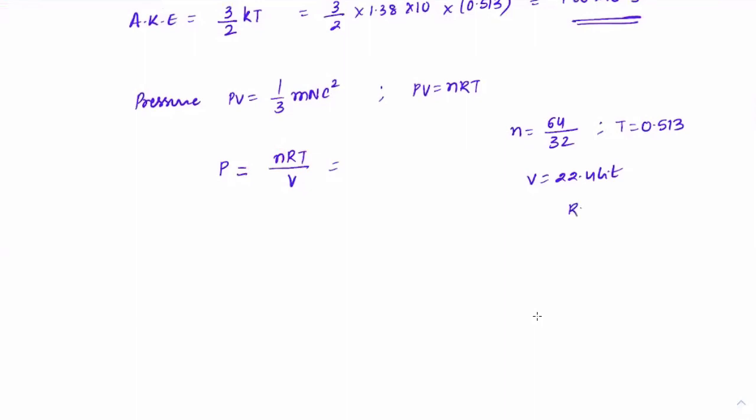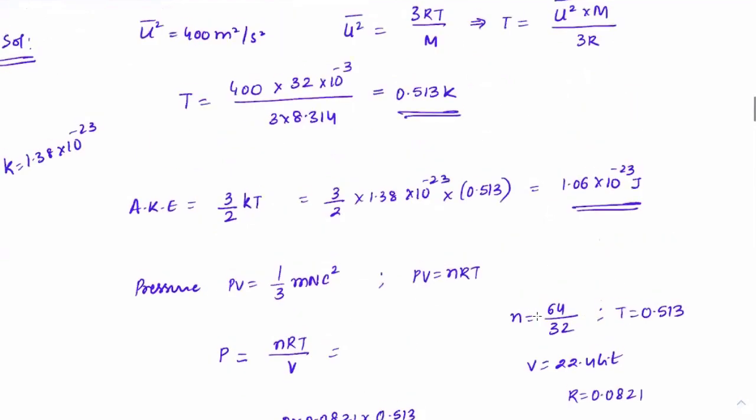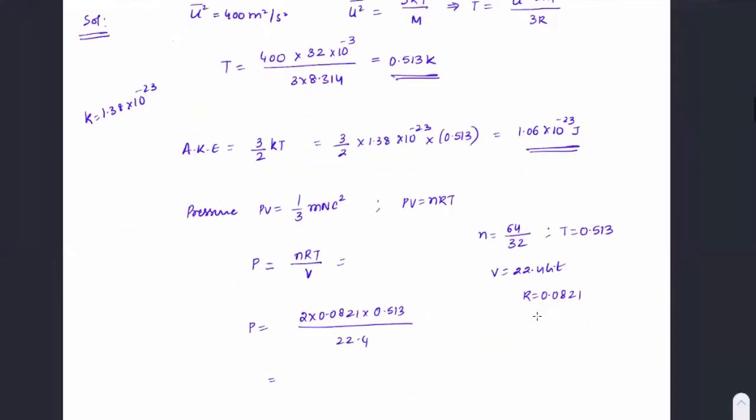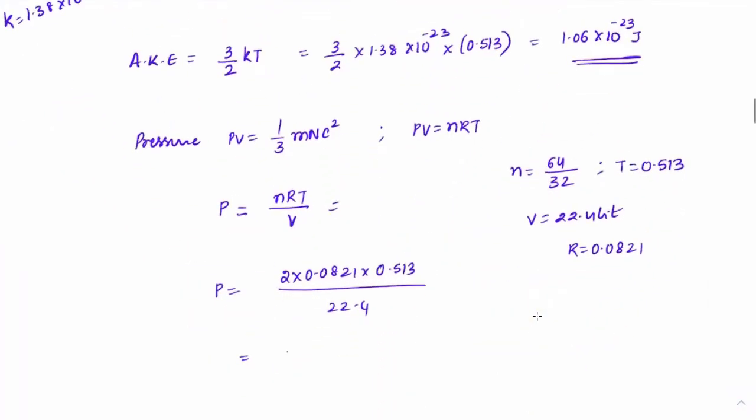The R we should take as 0.0821. Depending upon what is our need, accordingly you use the units. So number of moles is 64 by 32, which is 2, times 0.0821 into 0.513 divided by volume, which is 22.4 liters. I guess all of you understood how to use the units. So that would come as